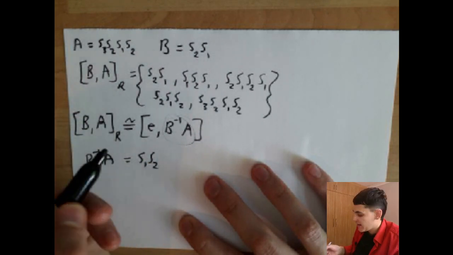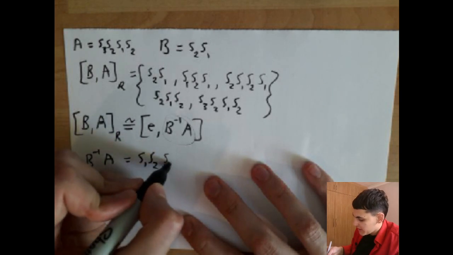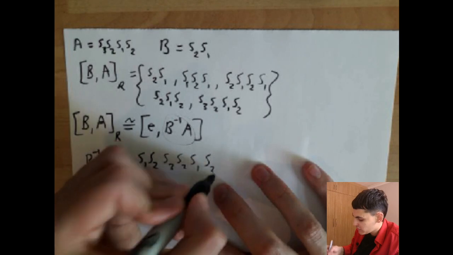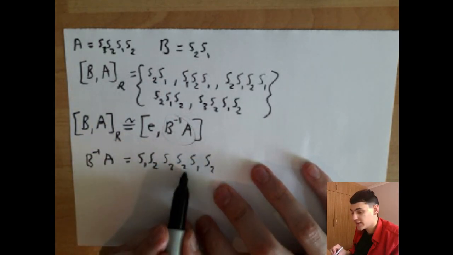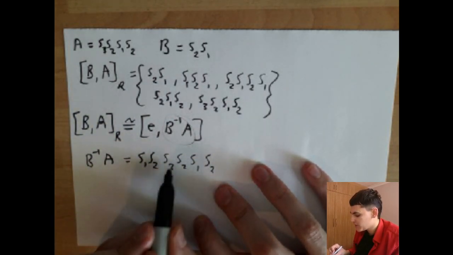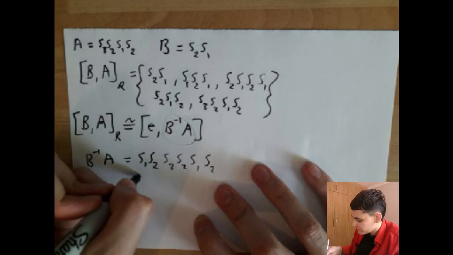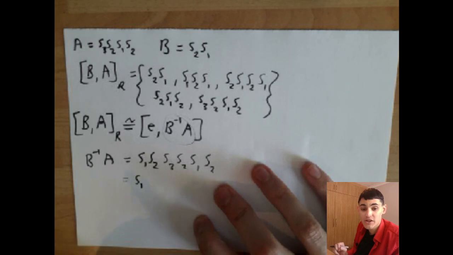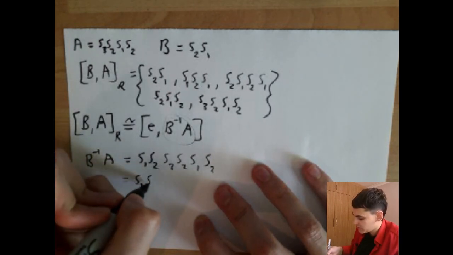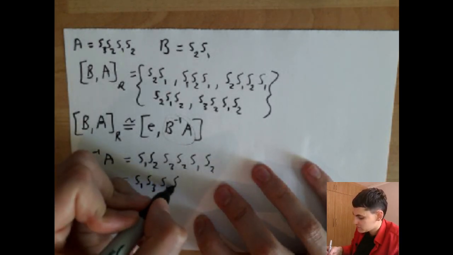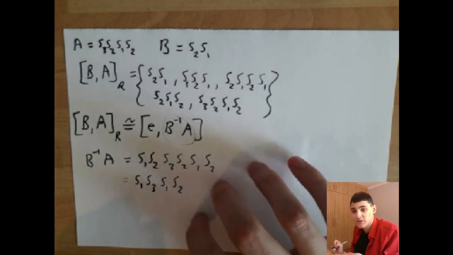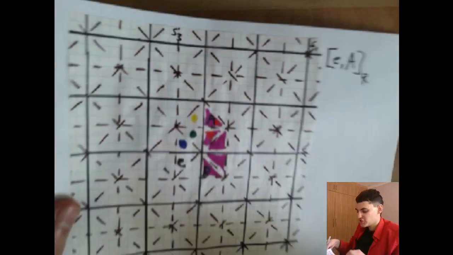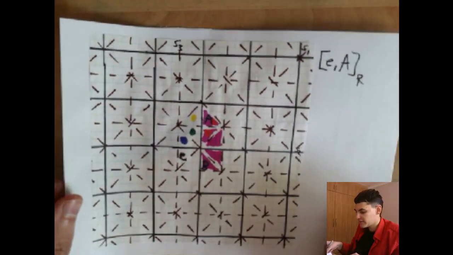Okay, and then multiply that by A, so S3, S2, S1, S2. Now, S3 and S2 commute, so we can flip those around. Okay, and that puts the two S2s next to each other, so they cancel out. Okay, and we end up with S1, S3, S1, S2, which if we find that here,